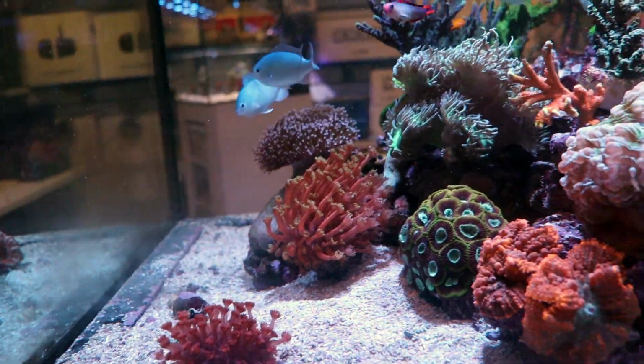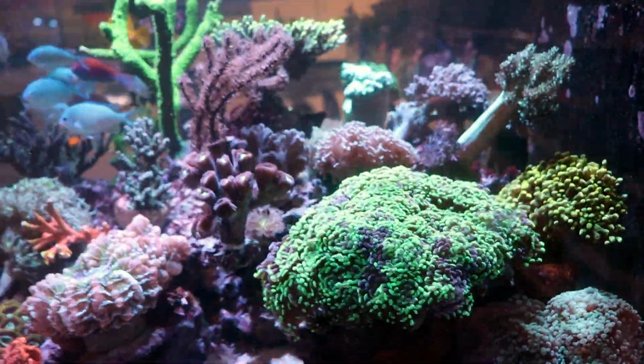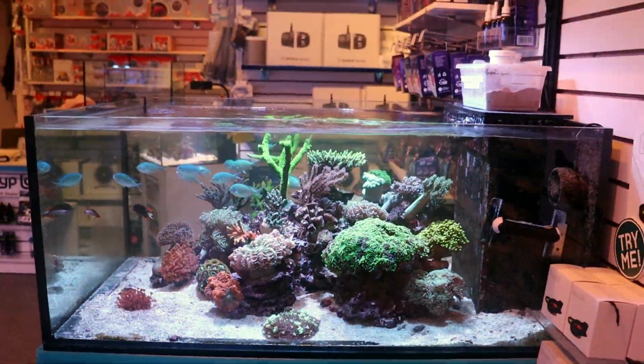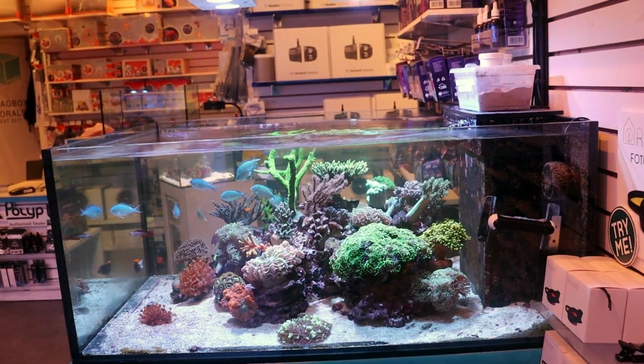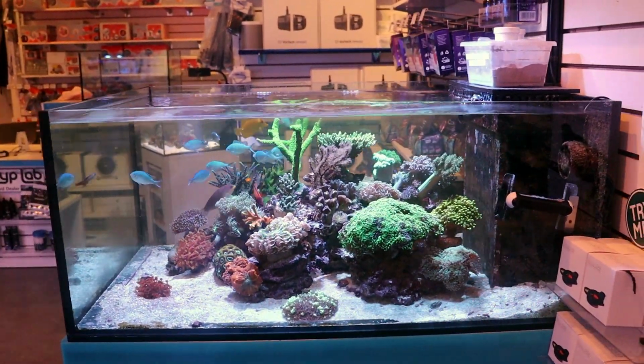I'm thinking, I don't know, actually. I have no idea where it's going to go. This thing has really started to get full. Very happy with the way the rockwork came out. I really only have a couple more spots, so I have to be super picky with what's going to go